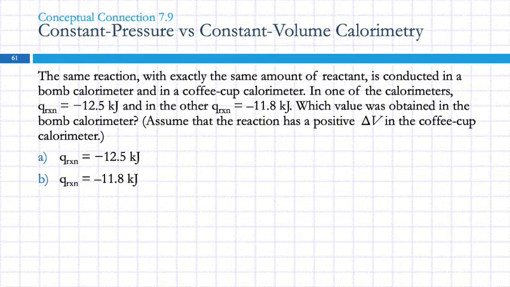So this is conceptual. The same reaction with exactly the same amount of reactant is conducted in a bomb calorimeter and in a coffee cup calorimeter. In one of the calorimeters, Q reaction is negative 12.5 kilojoules, and the other is negative 11.8. Which value was obtained in the bomb calorimeter? Assume that the reaction has a positive delta V in the coffee cup